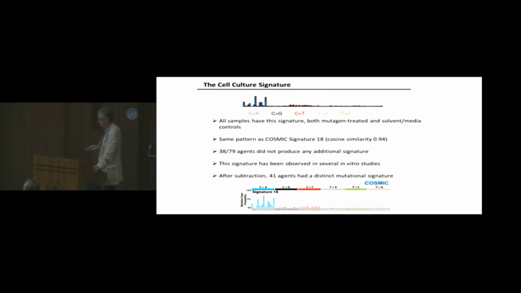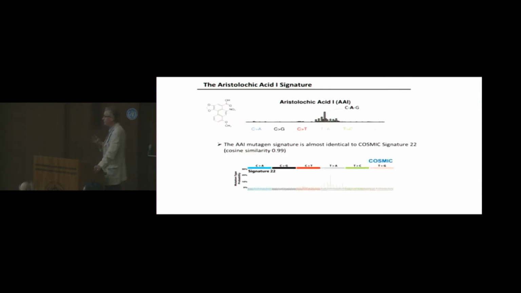So we have subtracted that from all the signatures, and in 41 cases, we still saw a distinct mutational signature. I'm going to quickly go through some of these. So there were 3 cases in which we got a very good match with the human tumor signatures. And the first one of these is aristolochic acid, which gives predominantly T to A mutations, virtually nothing else,